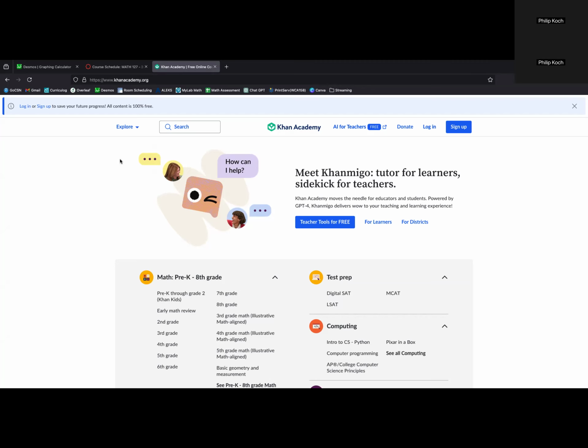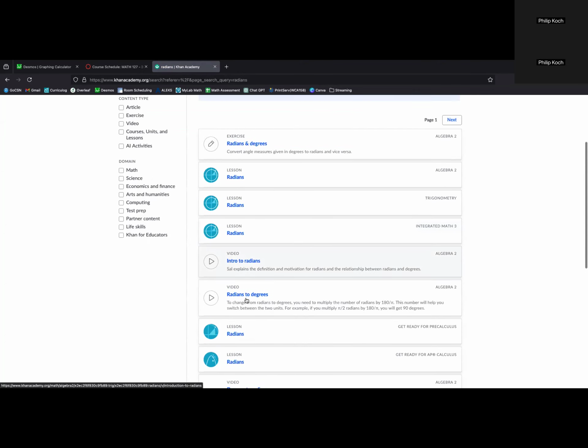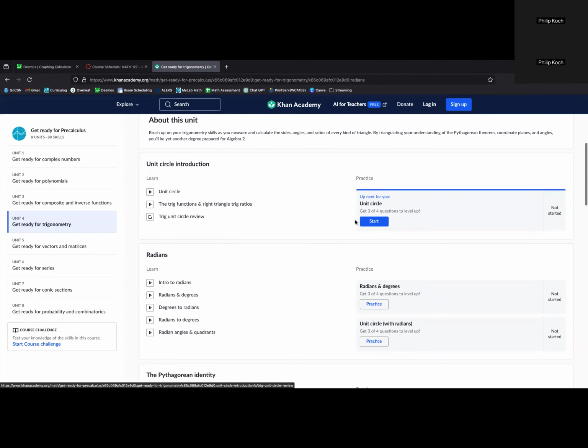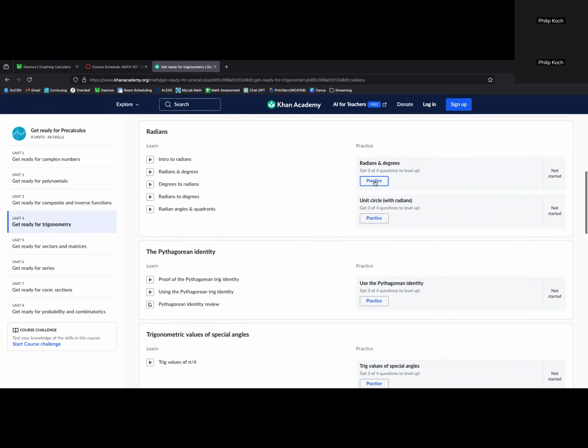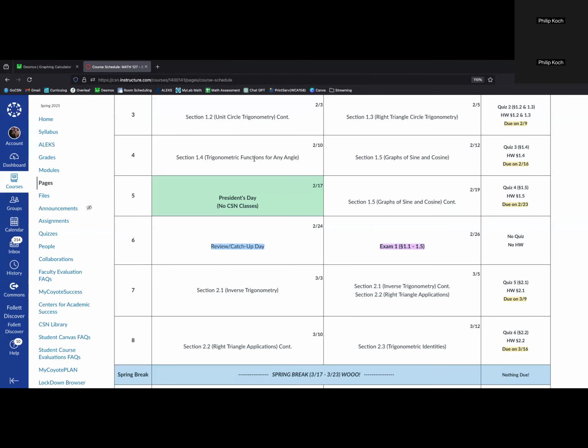They have so many resources, so all you really need to do is, let's say radians. I can find radians and degrees, and I can find lessons on that, and each one of those usually, if memory serves, has practice problems that come along with it. So just search the topic. Ideally, something will pop up that looks similar, and based on the material you can say that's similar, so I can get more practice problems. Khan Academy is a great resource. Cool. Any other questions?